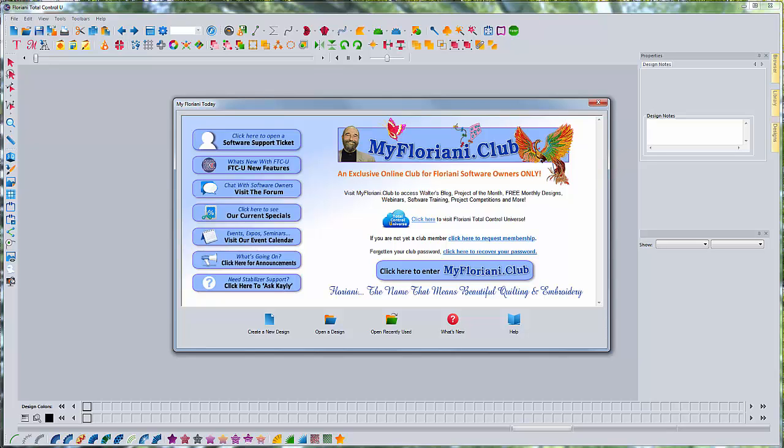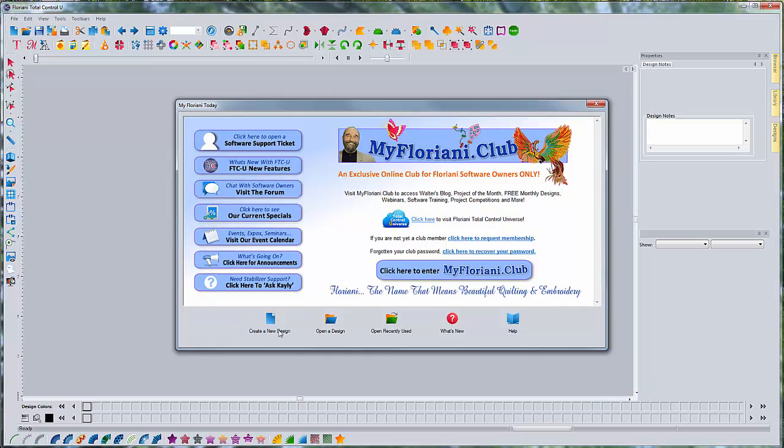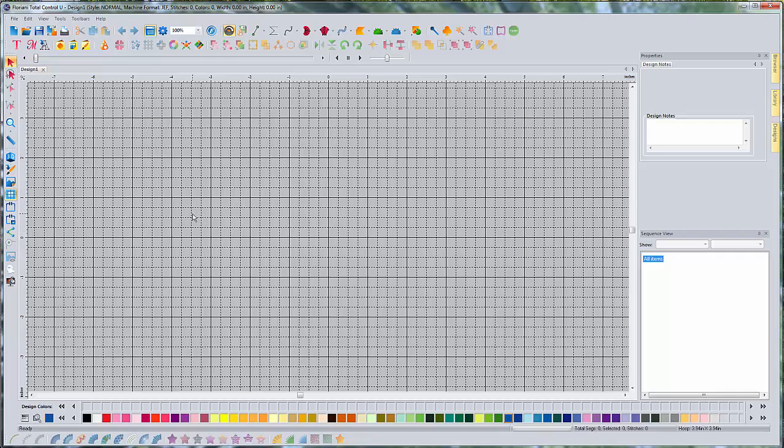Today we're going to be digitizing from a backdrop again, and the twist is we're going to be using the ruler tool to tell us what type of stitch we ought to use in each situation. It's a feature that I haven't really ever talked about, and I actually never really used it myself, but it's pretty helpful. So open up your Floriani software, hit Create a New Design, and we're going to be digitizing a